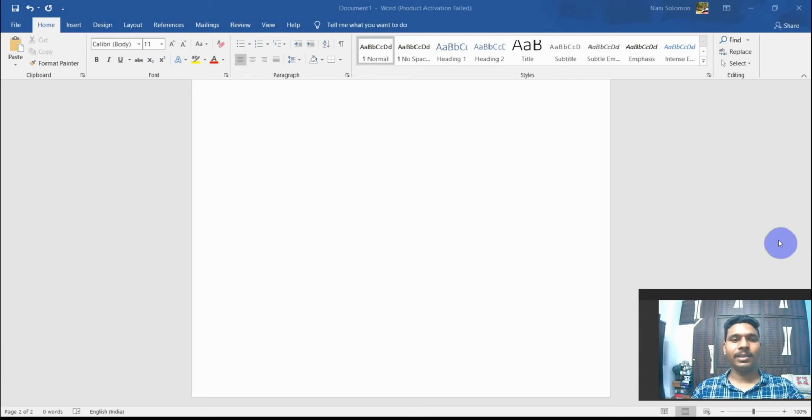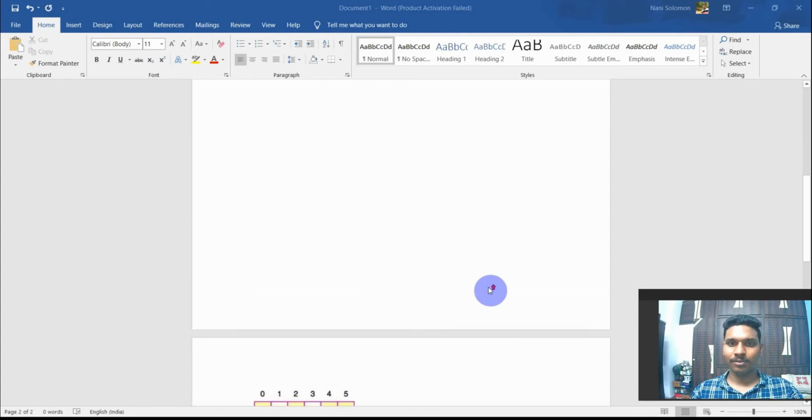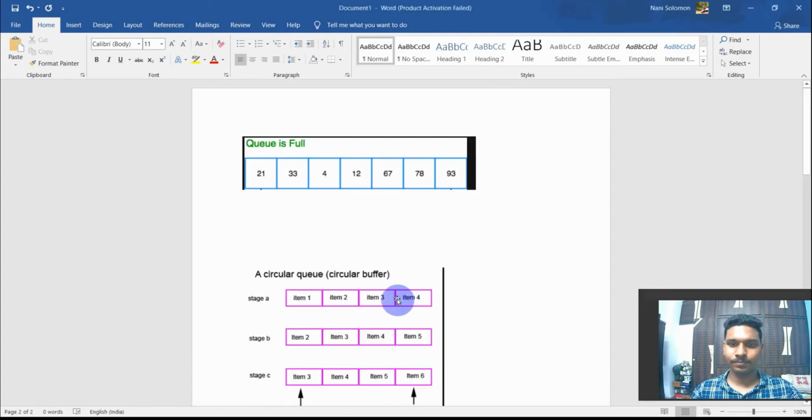In stack implementation, we use push and pop, but in queue implementation, we use DQ and NQ. NQ is entering an element, and DQ is deleting an element, in simple language. The display option is the same for queue and stack. Now I'm going to explain with a few pictures where you can understand easily.